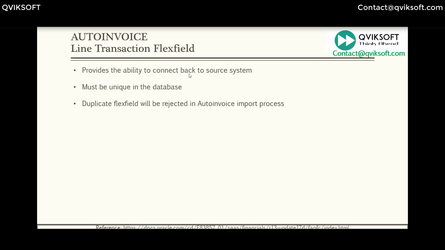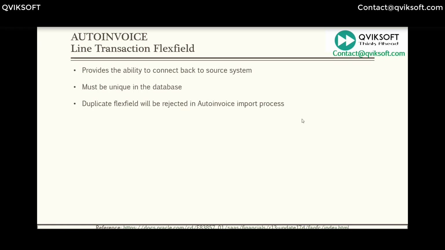So when you're populating this data from your source system, you will have to make sure that if you have to resend similar data, you add a unique identifier so that this information becomes unique. Otherwise, a duplicate flex field will be rejected in the auto invoice import process.